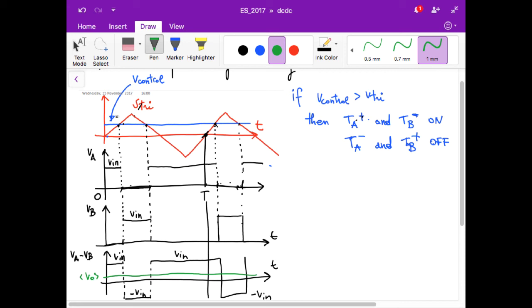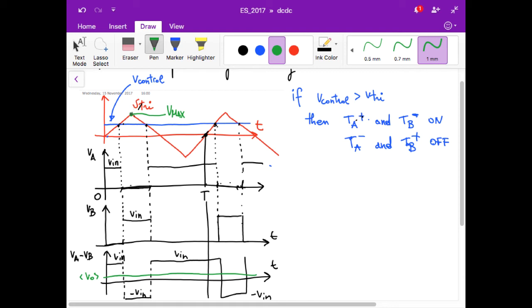And of course, in this case, the duty cycle really depends, since we are comparing a triangular wave function with a V control, the duty cycle exactly depends on the level of V control. So this is, let's say, an analog equivalent of what actually happens in a full bridge converter. Of course, if we, for example, call this quantity Vmax, the maximum of the triangular wave, what we have is